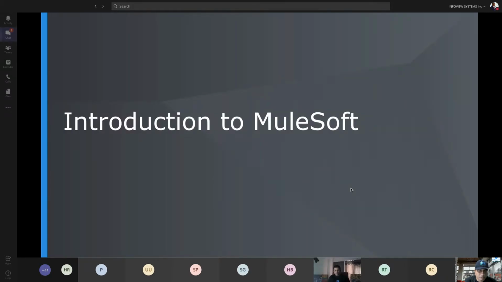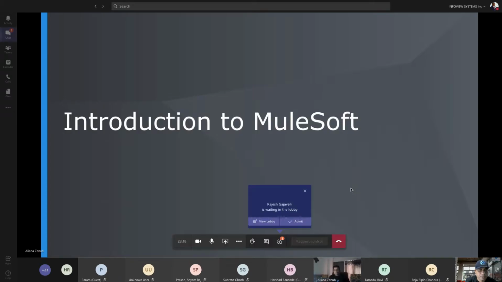I have conducted many sessions, and currently I'm working with Infoview Systems as a CTO. About Mule, I've been using Mule for a long time, almost more than 12 years. I started working with Mule when MuleSoft was MuleSource, and it's a great technology, and as per the current scenario, it's one of the top leaders in this area as per the Gartner report. So that's all about me. Now Sadiq.